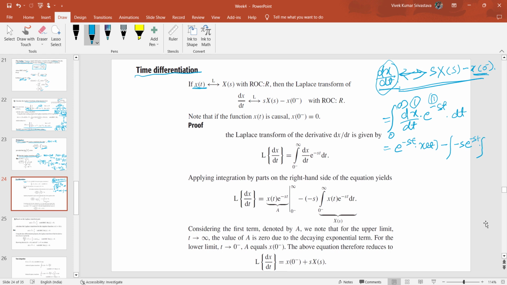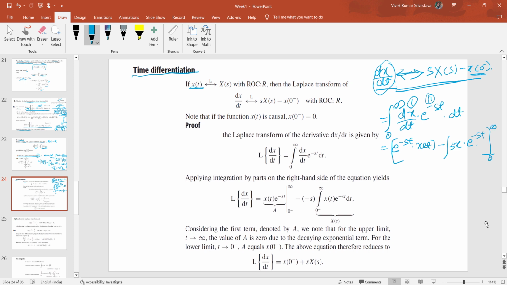the integral of the second function. So, 0 to infinity, first function into the integral of the second function, minus the integral of d by dt of the first function into the integral of the second function. Okay, so here this will be equal to the first function, that is x of t, into the integral of e raised to the power minus st, into minus s. Yeah, so you can evaluate this integral, and once you put the value of the limit,